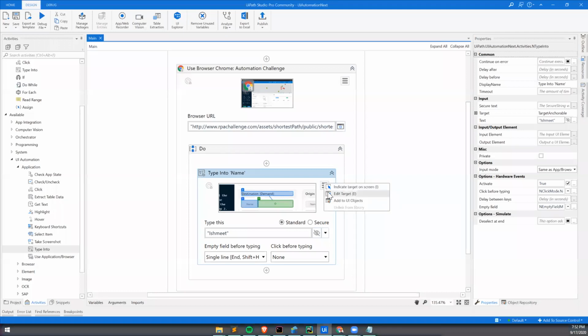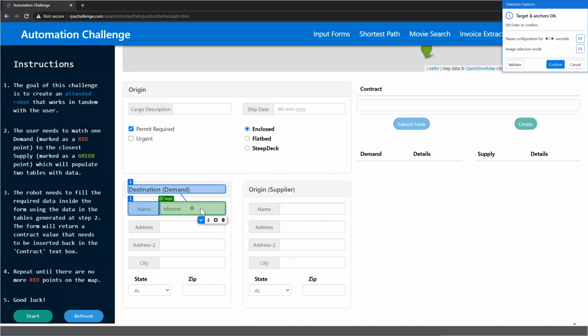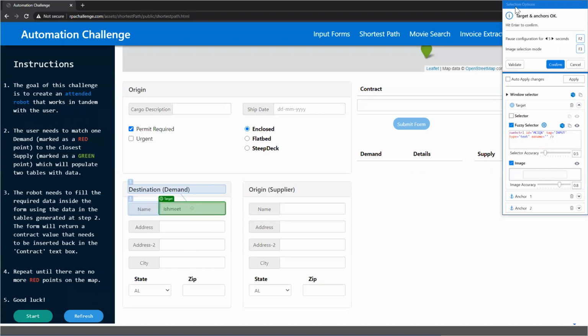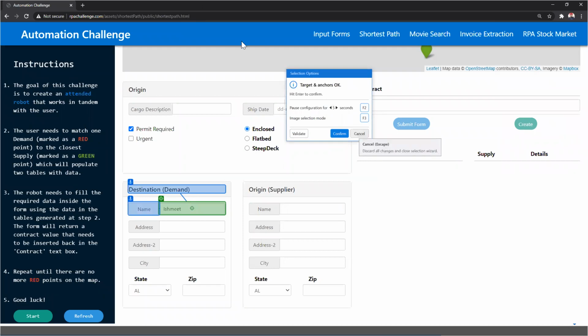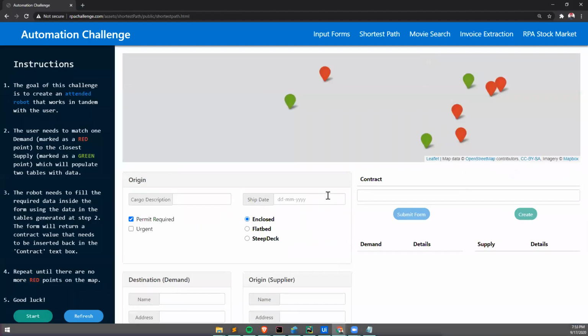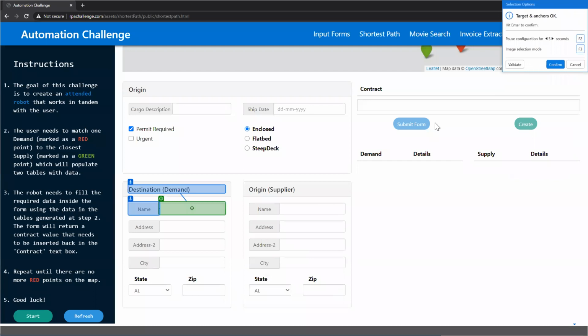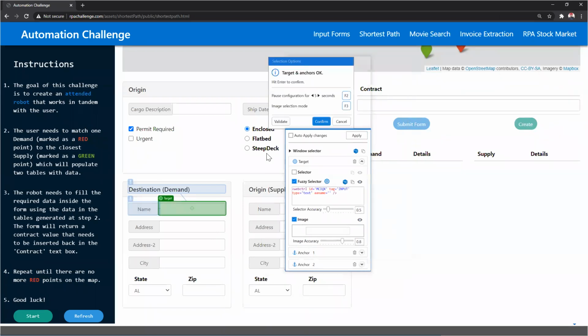So we obviously typed into the proper box, and here, if we edit the target once more, we can see that we are highlighting at the same point again. So here, if I hover over the target, you can see that I'm having an option of settings here. By clicking on this, my selection options will get expanded. And in here, let me also do one thing. Let me refresh this page once. Okay. So let us edit the target. Okay. So I'm going to go to settings, and in here, what you can see is,